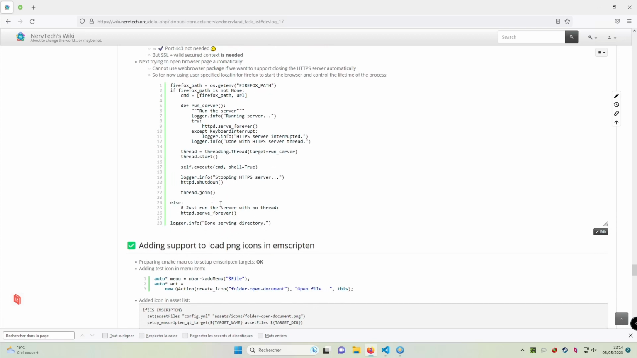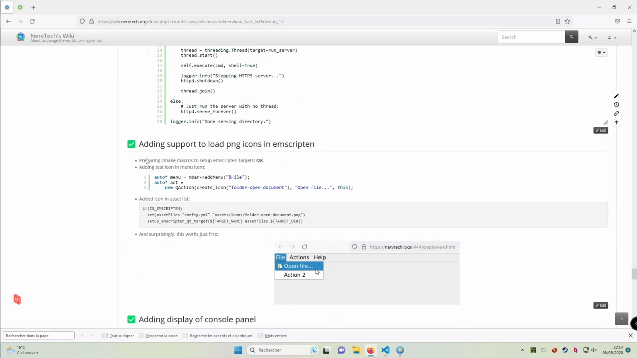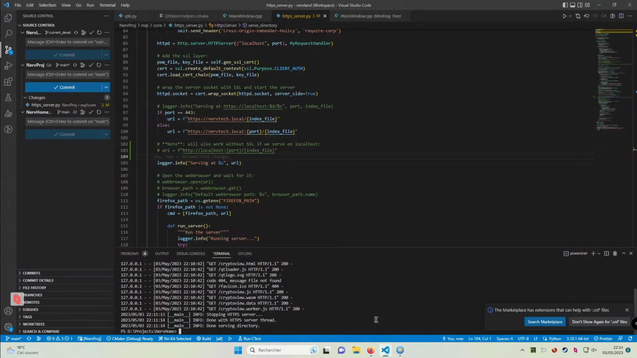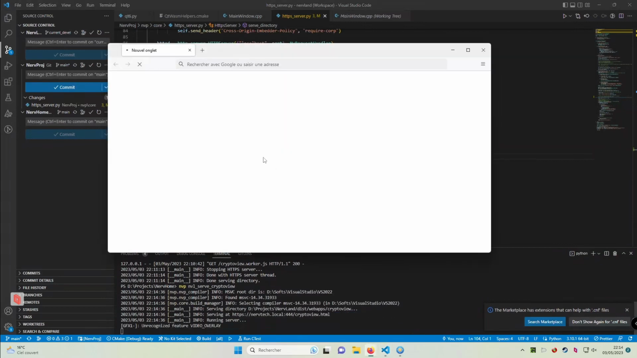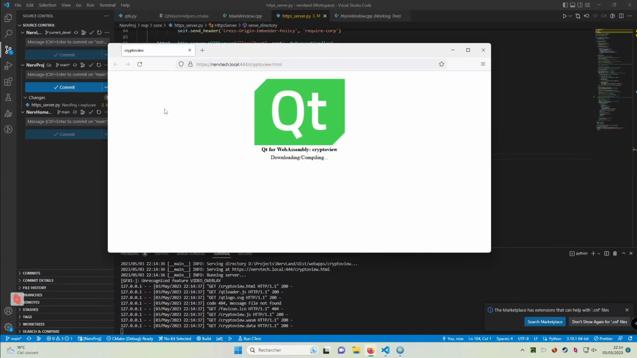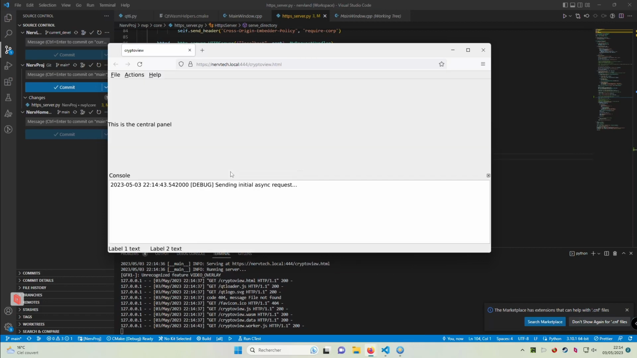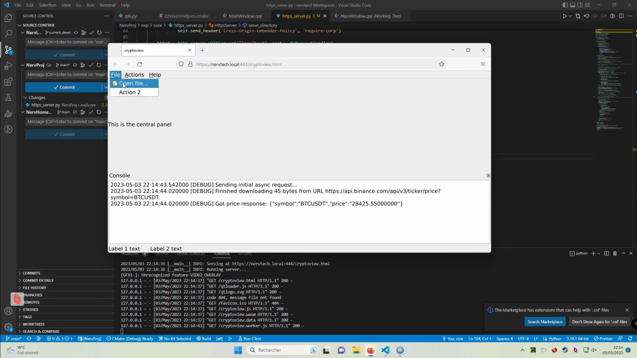Then I was trying to simply add PNG icons in the WebAssembly application, and in fact you can see that already in there. If you go in the file menu, you have this icon displayed, and if I click on that, I get